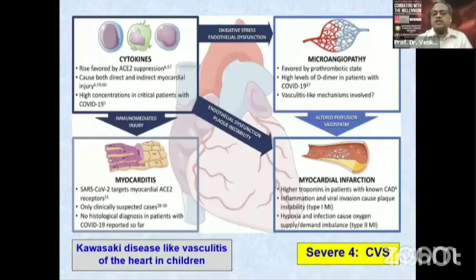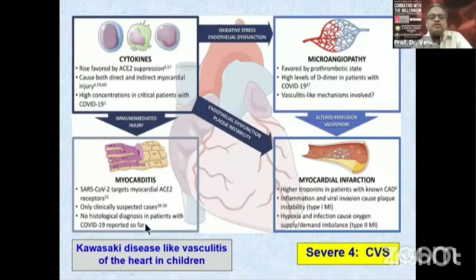The fourth kind of severe COVID is when the myocardium is affected. As we saw, this is because of the angiotensin 2 effects, and therefore it causes myocardial injury. It can cause myocardial infarction by triggering thrombosis of the blood vessels of the heart, just like you get a heart attack in atherosclerotic patients. So if you're already prone to atherosclerosis and you have atherosclerotic plaques, clotting can be triggered and you can get a myocardial infarction and die.